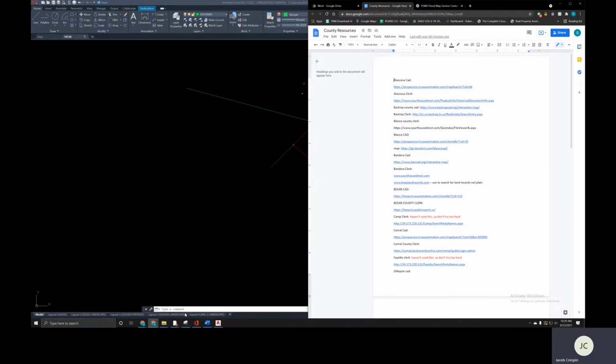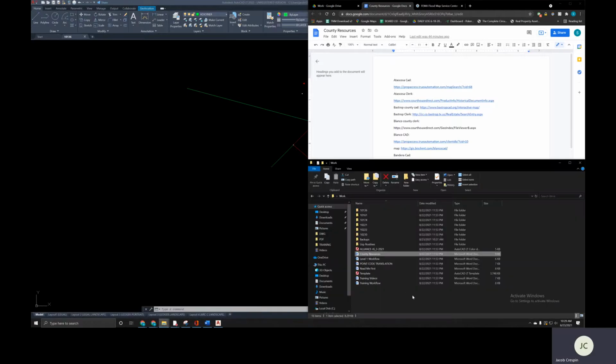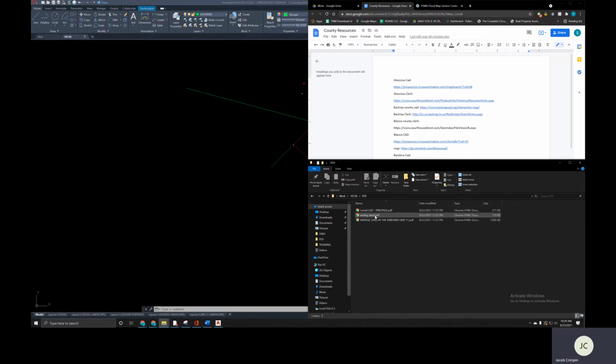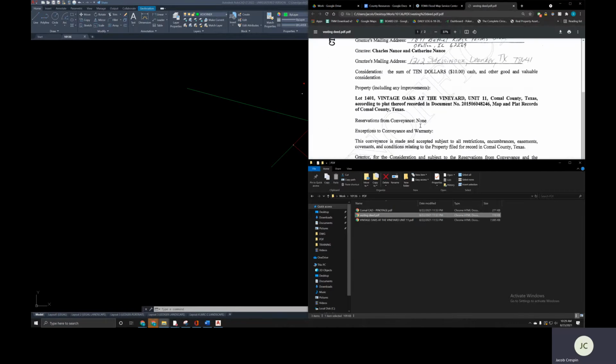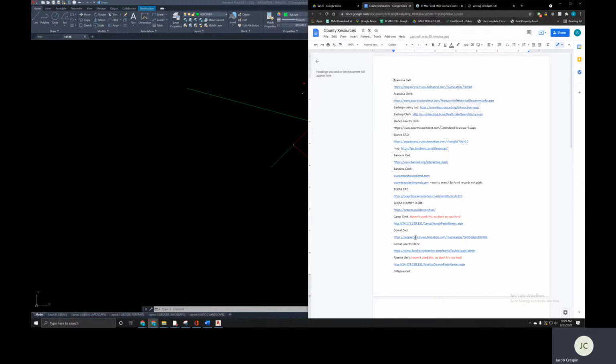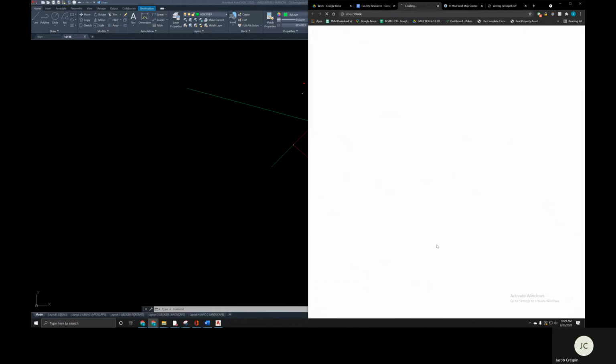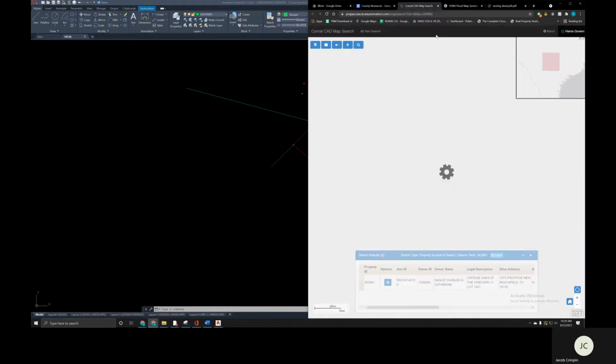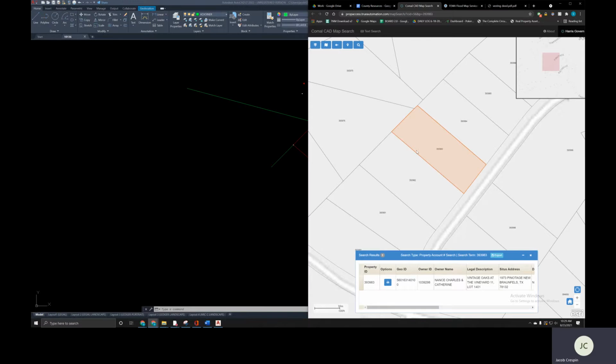So we need to find out what county we're in. Let's go to our job, go to the PDF. In our vesting deed, which says we are in Comal County. At the end of the paragraph, it says Comal County in our property description. So in county resources, I'm going to go to the Comal County CAD. And now we are in, oh, this one brings you directly to the subdivision. That's really funny. Well, here's exactly where 10136 is. So that's not always going to happen. Usually you're going to have to type in